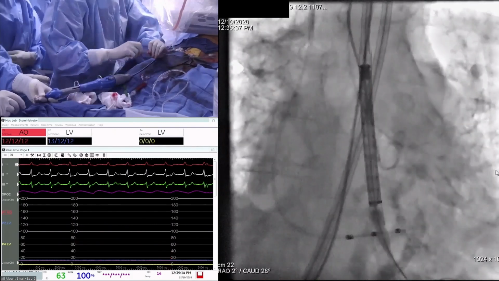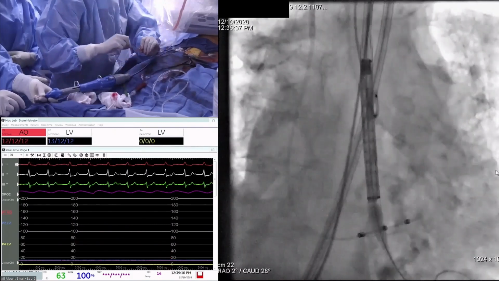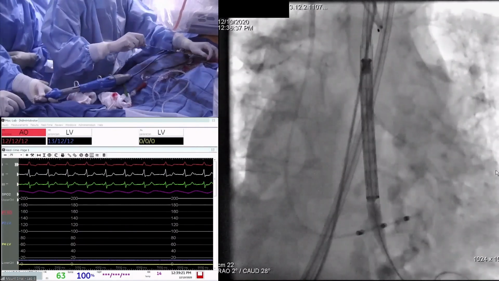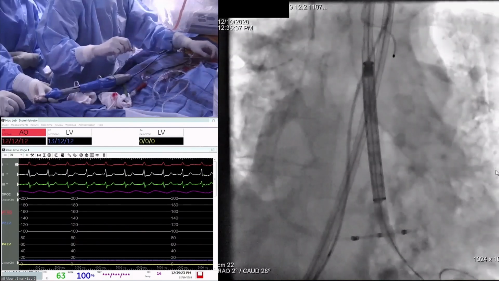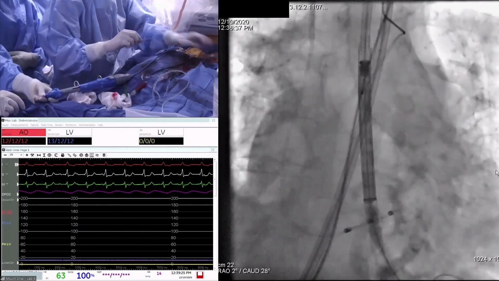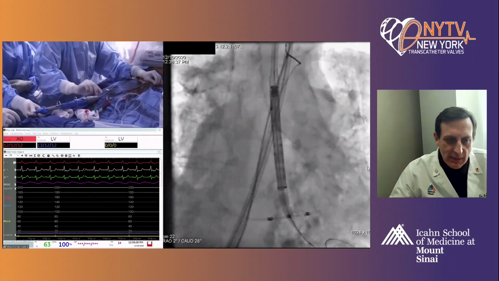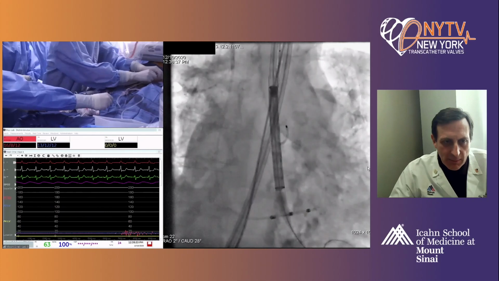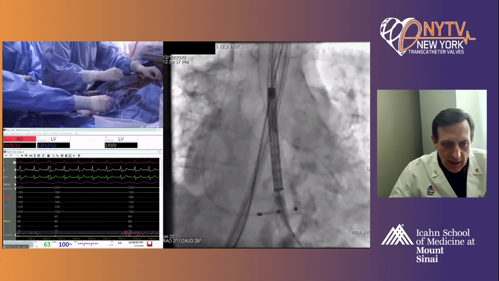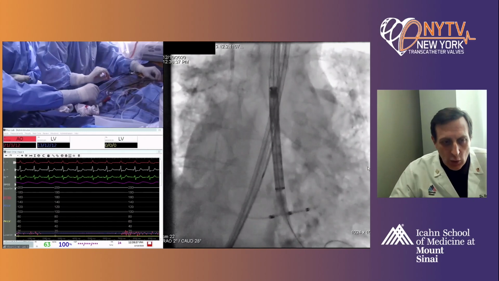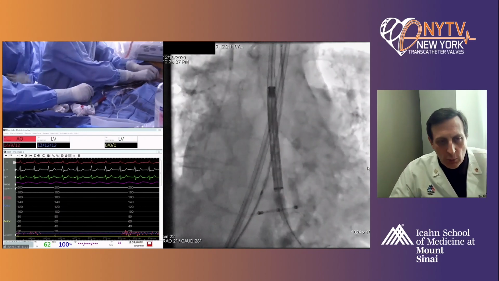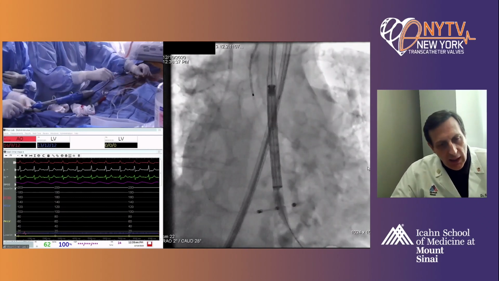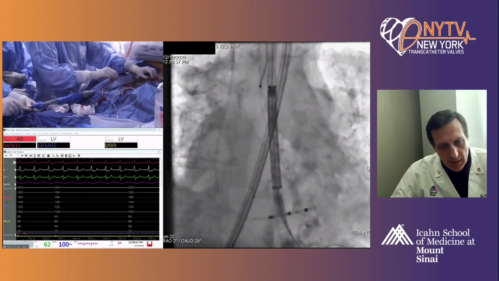I'm trying to reposition into the non. Pigtail into the non, yes. Yeah. It's a big root, but small annulus. So sometimes we pull back to bring the pigtail back and then put the wire. We did a few times. A little bit more of a chance to talk about this alignment of the valve. And again, you see sometimes it doesn't work that well as here. You have to pull back the valve and then turn it into the descending and reinsert it. And hopefully it will end up this way.